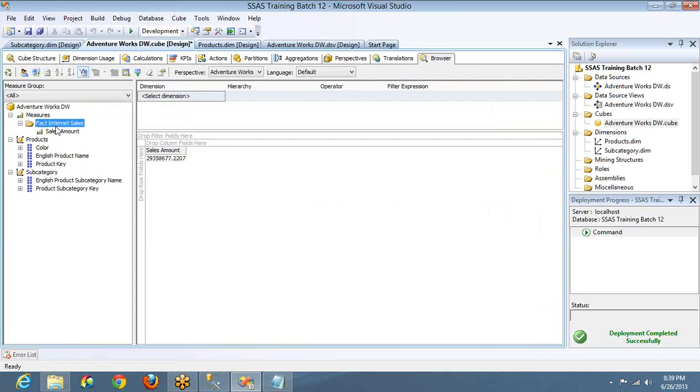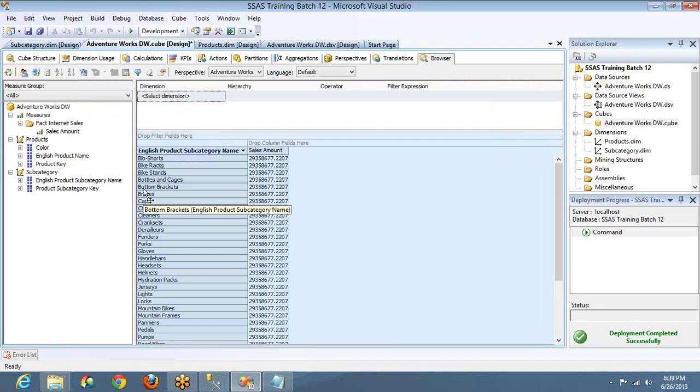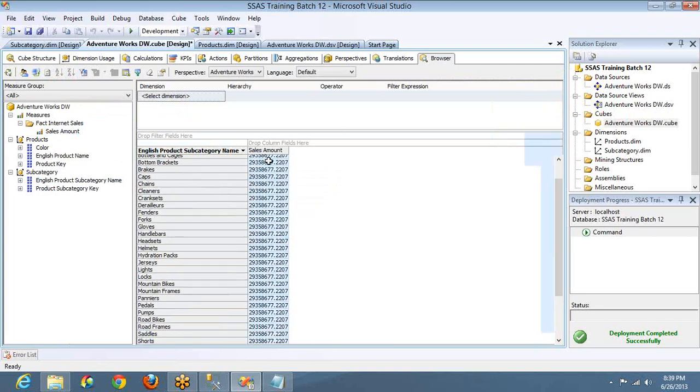So this is the measure group table, which does not have a relationship with subcategory. If I drag any item from subcategory, can you see what data it is displaying? Can you see what is the problem here? It is duplicating the same output, right?